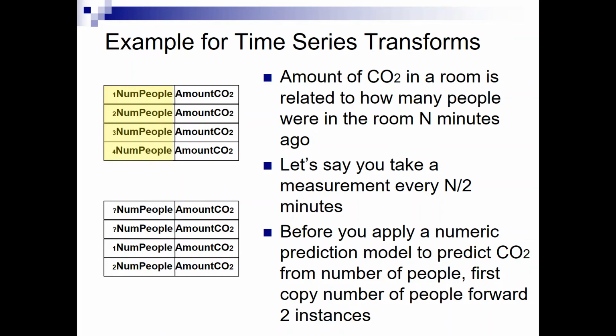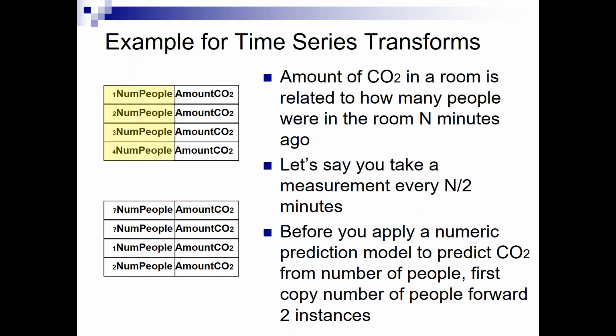The rectangle at the top of this slide, where we have the yellow marked, shows the data in its original form, where you've got the number of people observed at a time point, and the CO2 reading at that time point. But we already said why that's misaligned.